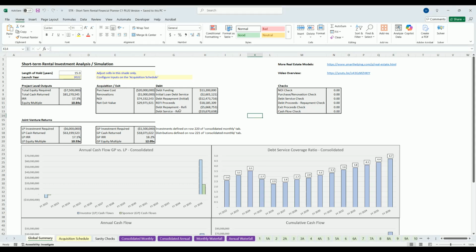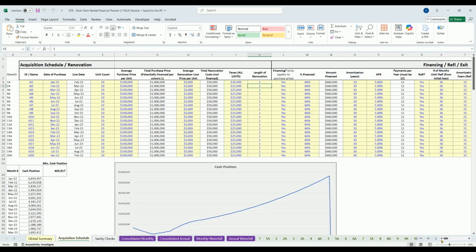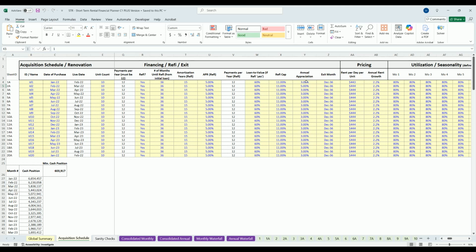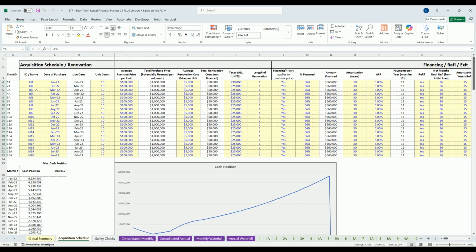So the main thing is, well, there's a couple main things. We adjusted the exit value on each property. So this is short-term rental. You could do 20 tranches of properties. You could define the amount of units in each tranche. So this could be a single property or a group. The average purchase price per unit, average renovation costs, how long the renovation takes, taxes,